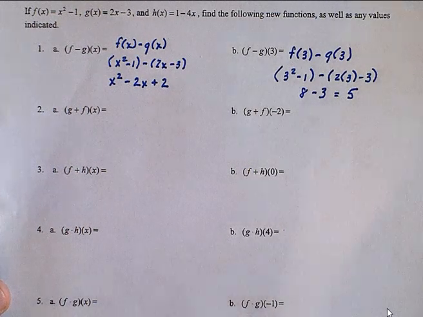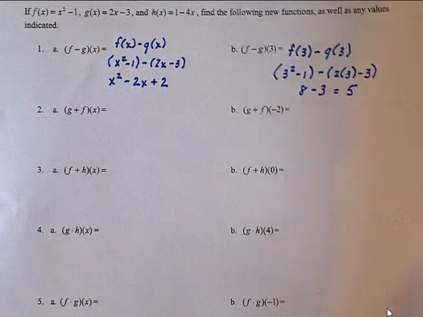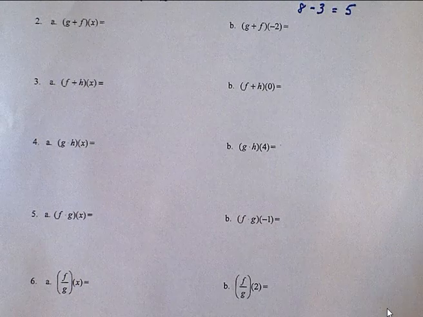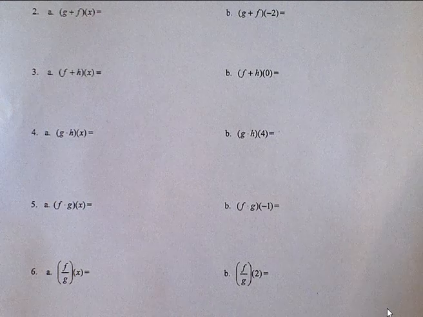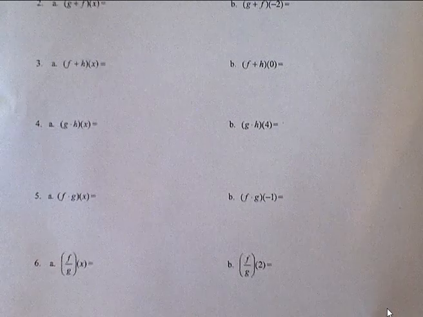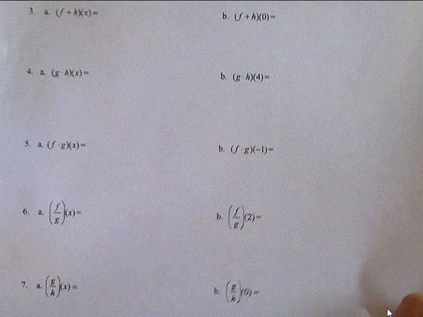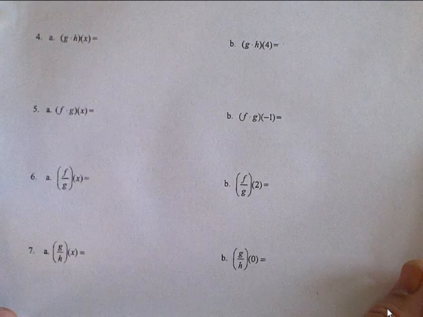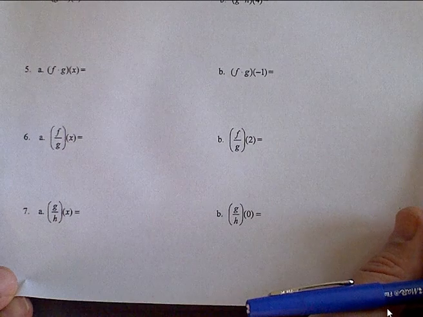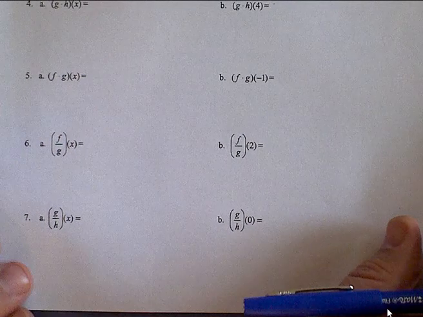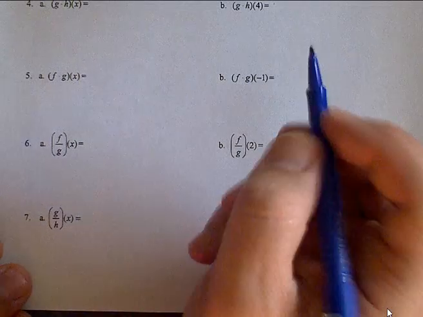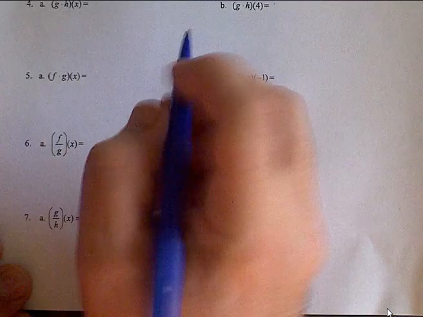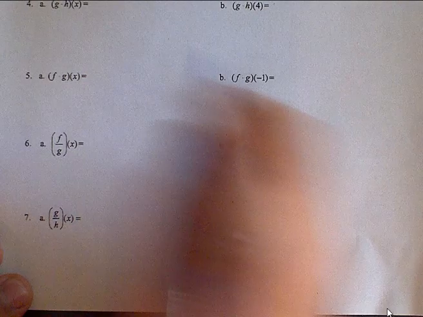Okay. On number 4 and 5, you have multiplication. We need to be careful though, because what we're multiplying are actually binomials, and to multiply binomials, we have to FOIL. So on question number 5, give myself some room here. Question number 5, I want to take f times g. Same functions as I used above, but this time it's hard to see on my paper, but there's a dot there, meaning multiply. Okay, so in this case, I want to go